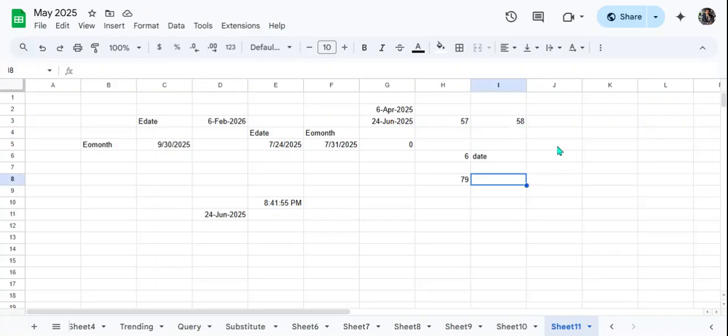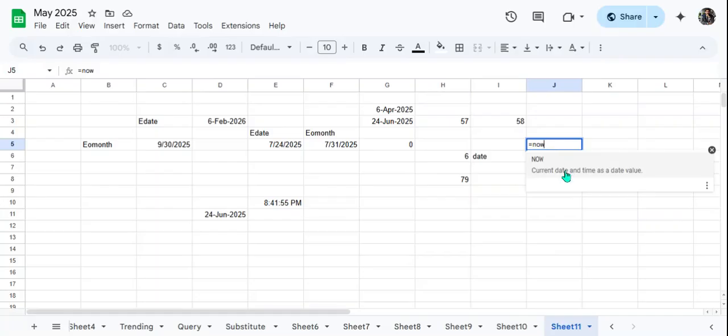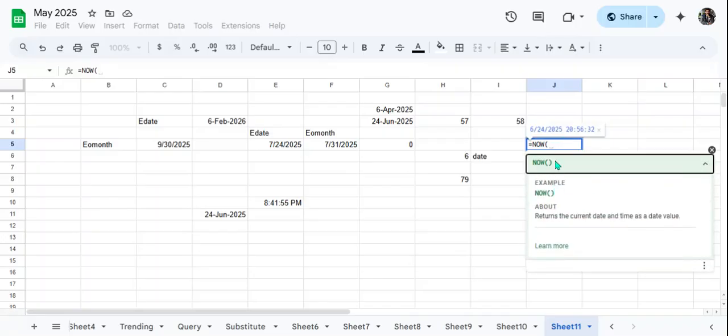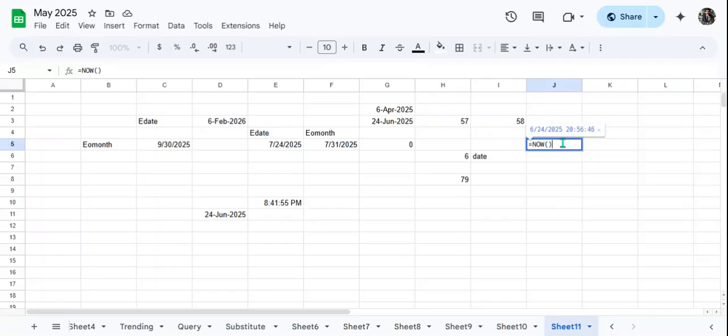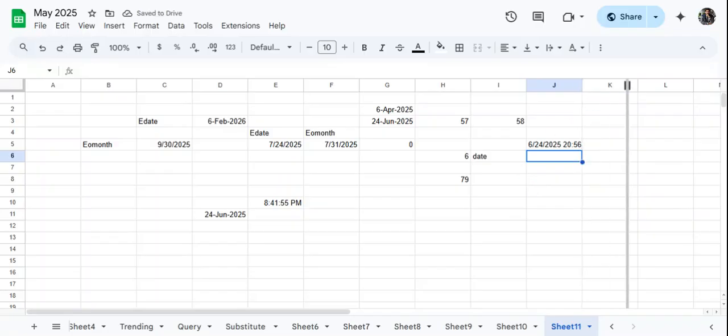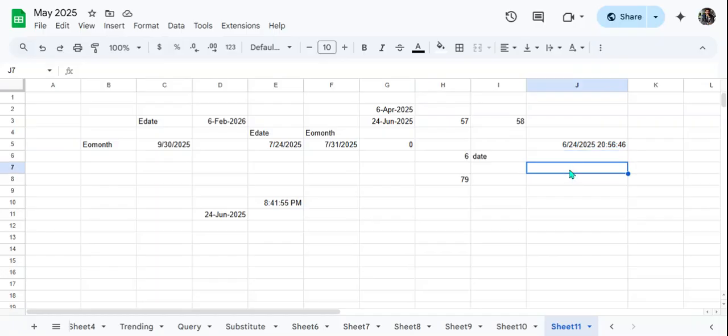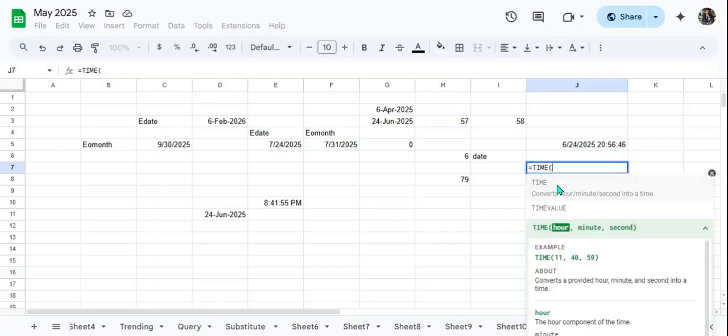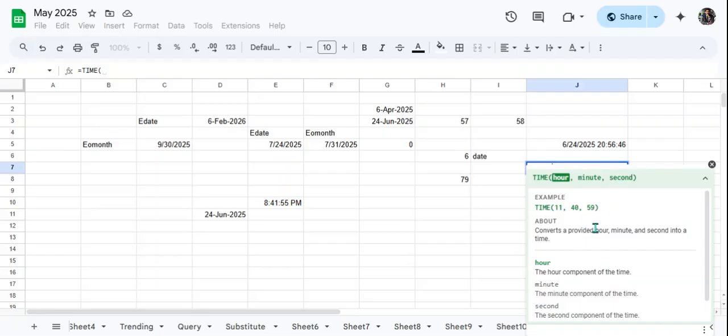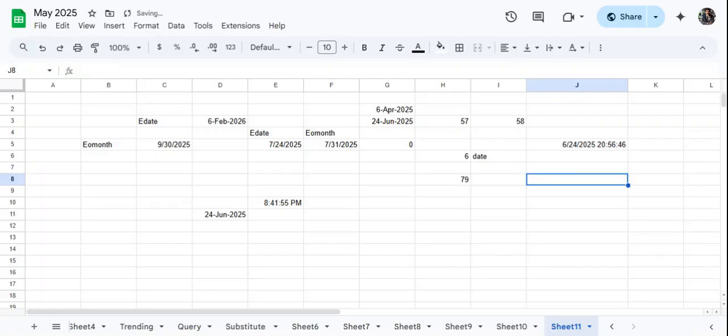Next function is equal NOW, for the current date. Simply type NOW, close parenthesis and enter. So you can see the current date with time. That's called the NOW function. Next, equal TIME function, which takes hour, minute and seconds. If I simply close parenthesis and hit enter,